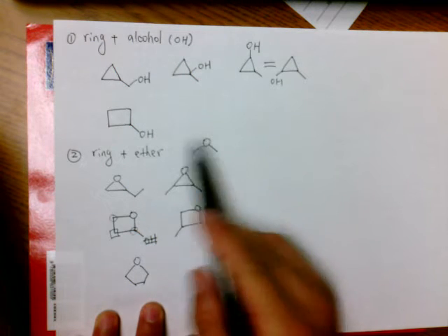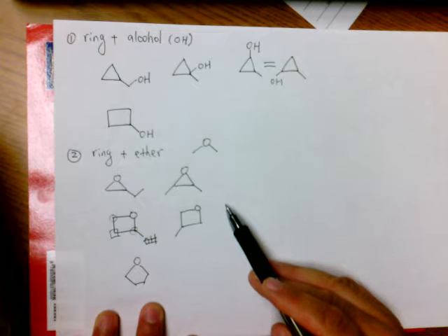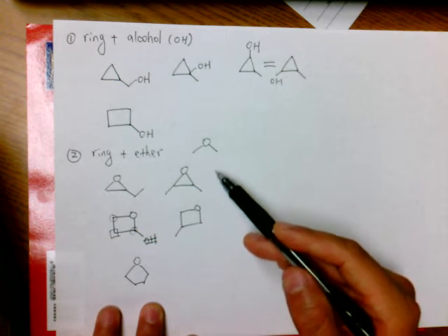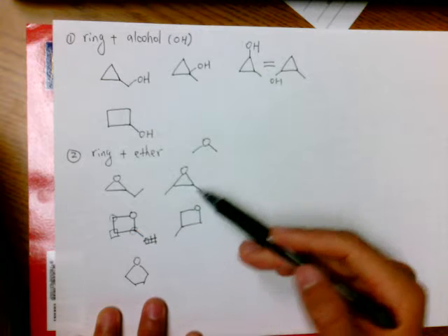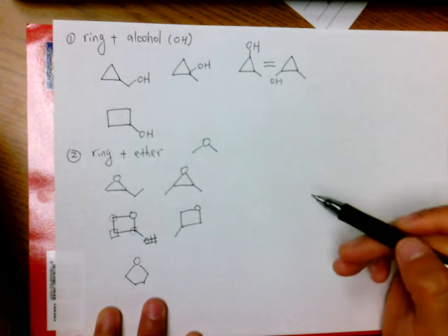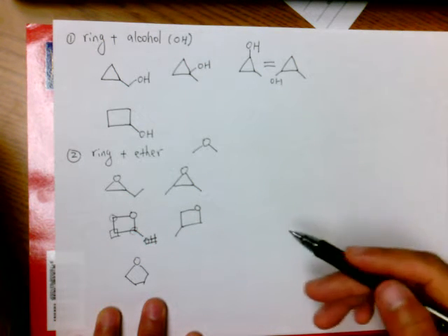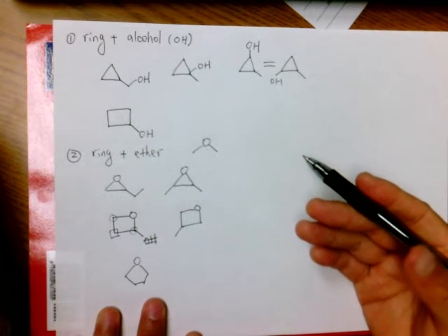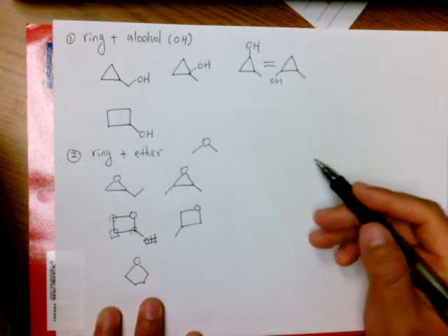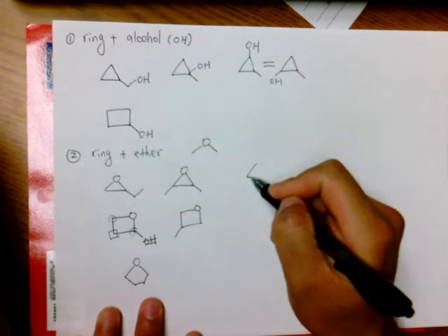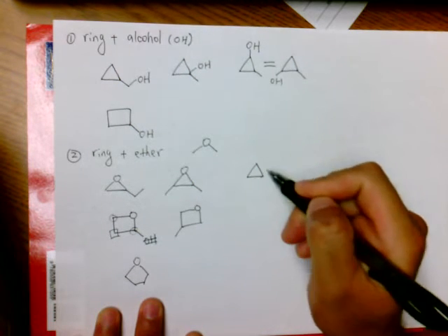All right. So now these are the possible ring and ether with oxygen being part of the ring. Of course, oxygen is not necessary to be part of a ring. It's possible not to be a part of a ring. All right. So in this case, what we are going to do, the only possibility is, well, you have a